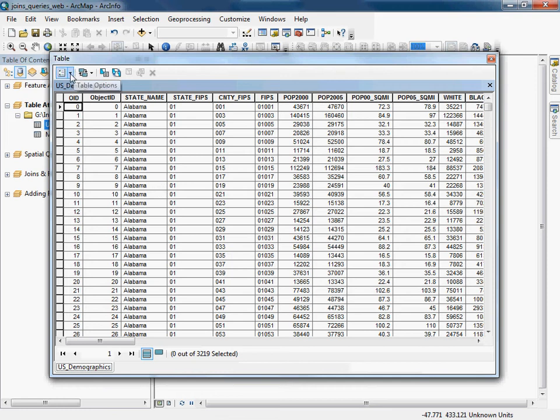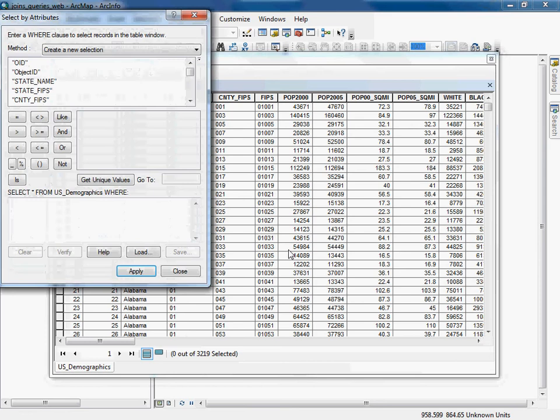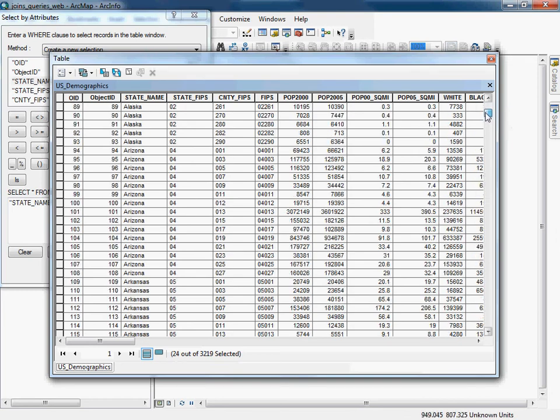So when I come in here, I'm going to actually use this table options button to do select by attributes. I wouldn't come up here and use selection because that's for selecting data within your data frame, but in this case I'm selecting from within the table. And so I'm going to say state name is equal, and again I can use get unique values. There's only 50 values for the different states, and I'm going to say Maryland. And when I apply that, I can see that 24 records are selected,